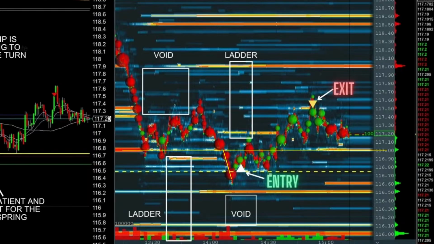Okay. I really see this as a stop run more than anything else. There might be new sellers hitting the bid in here, but to me, it looks like a flush through, and there's really not a lot of buyers on the bid. It's just anyone that's long or anyone that just can't take the pain anymore. This is them, and I don't know.